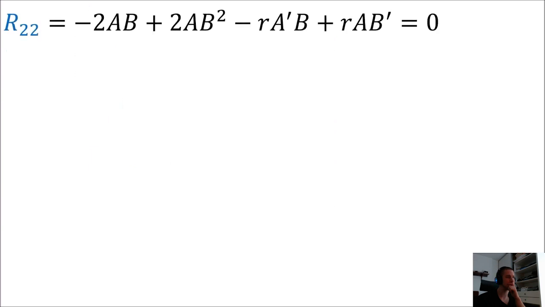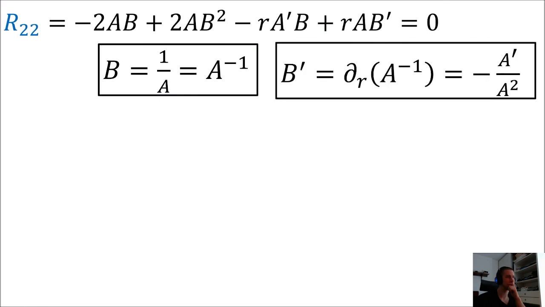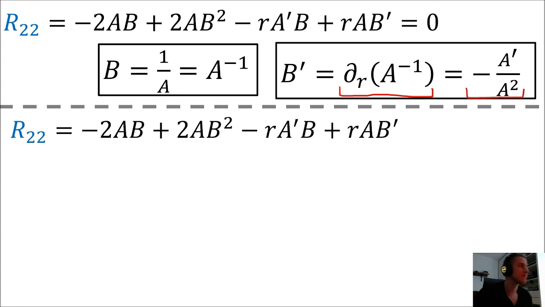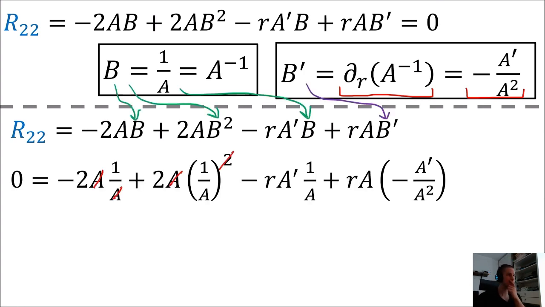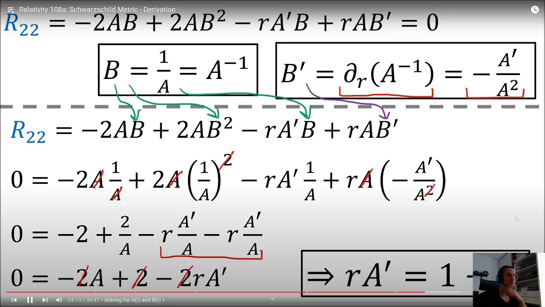So knowing the R22 formula, and that b equals 1 over a, and that b prime is the derivative of 1 over a, which is negative a prime over a squared, we can substitute in for b and b prime. If we cancel factors of a and add these together, cancel the 2's and rearrange,